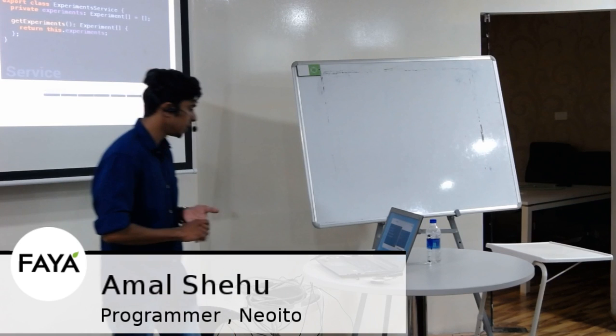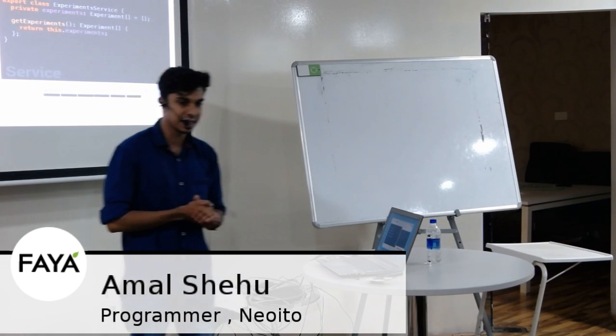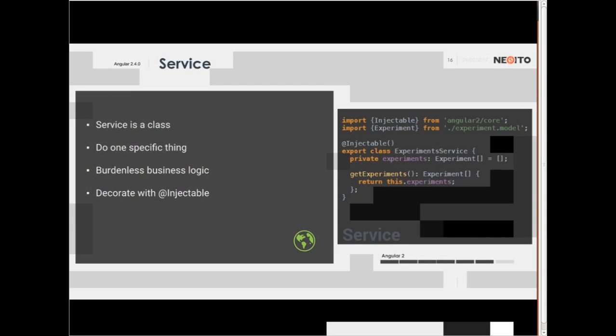Yeah, here the service comes. When we create a service, first we have to include the injectable inside that. In the injectable, the experiment is another model. That model consists of a data structure in the format of a class or an interface. Now, the combination of that structure and the injectable is what lets us create our